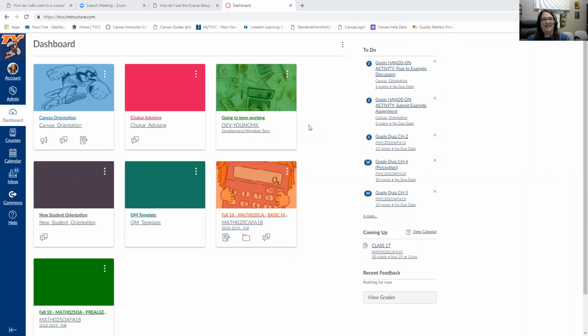Hello, this is Montessa, and I want to take an opportunity to show you how to transfer content from one Canvas course shell to the new Canvas course shell. It's getting that time of year when you might be wanting to move your fall classes into your winter classes,